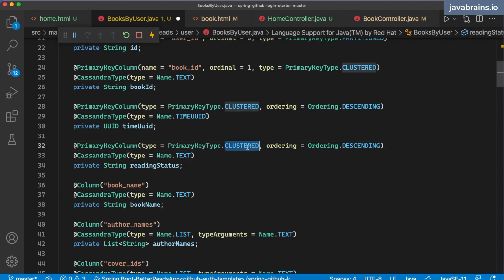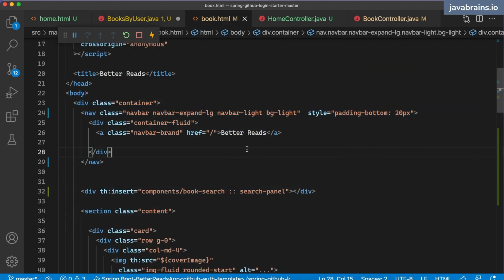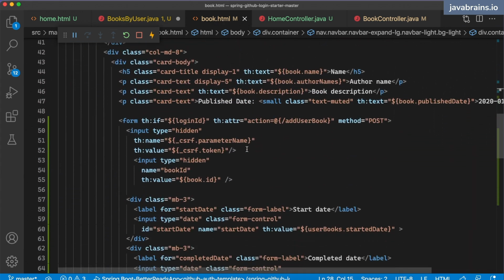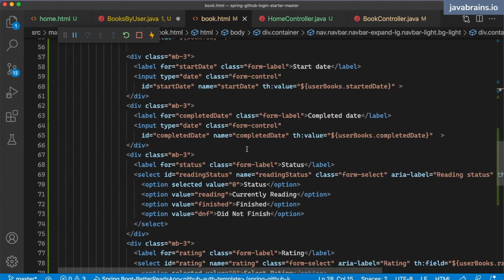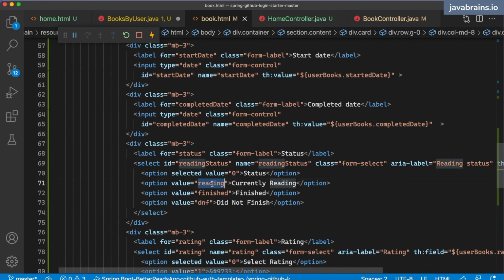Now, since this is a clustering column, I can specify an order to it. What are the statuses that we have in our HTML? We are sending 0, reading, finished, did not finish. So one way we can do this is by specifying